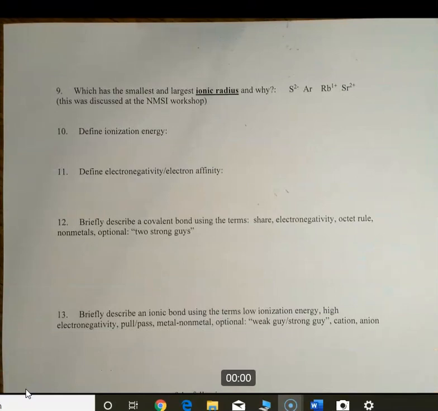Okay, so this is a concept that we didn't talk about in class, but Ms. Caprell talked about it in the NIMSY workshop, and that is the concept of ionic radius. It's very similar to atomic radius, except it deals a little bit more with the Z effective of the atom. So if we look at it, we have S2 minus, we have argon, we have rubidium,